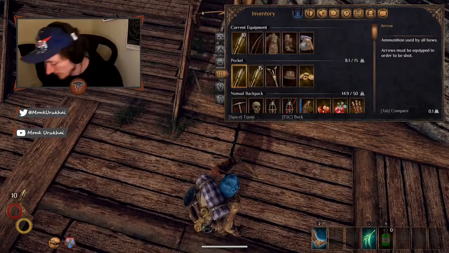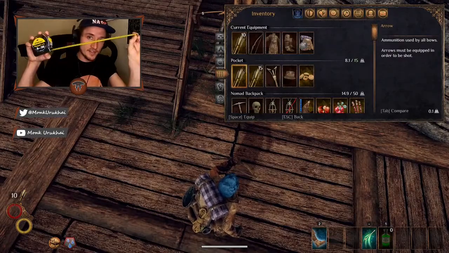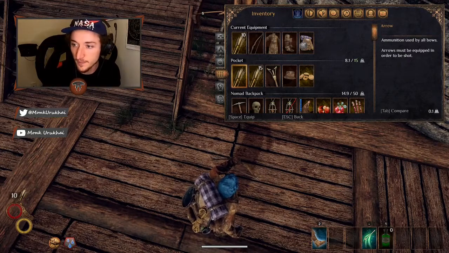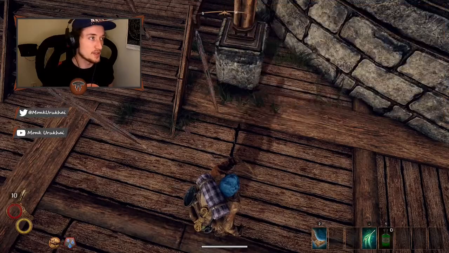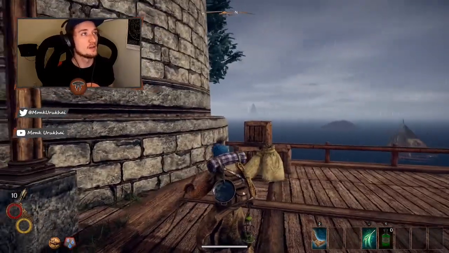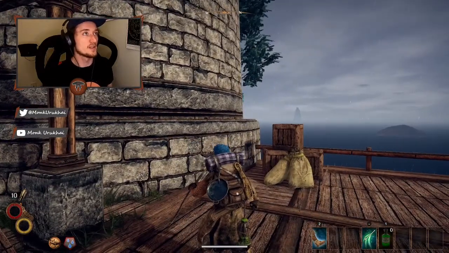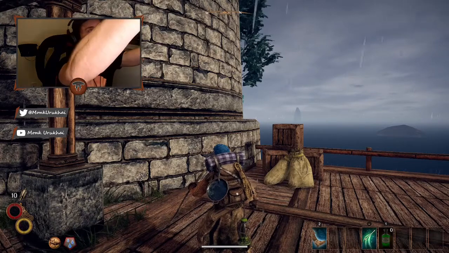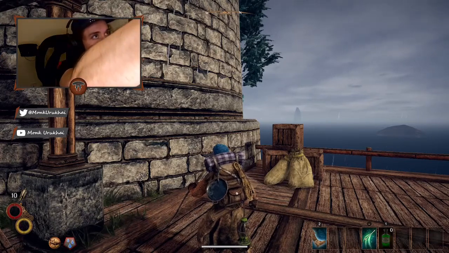And we're back. And this time, I have a tape measure. Now, what are we going to do with this? Well, what we're going to do with this tape measure is we are going to measure two things. We're going to measure the distance between two markers on our map here. We're going to be using